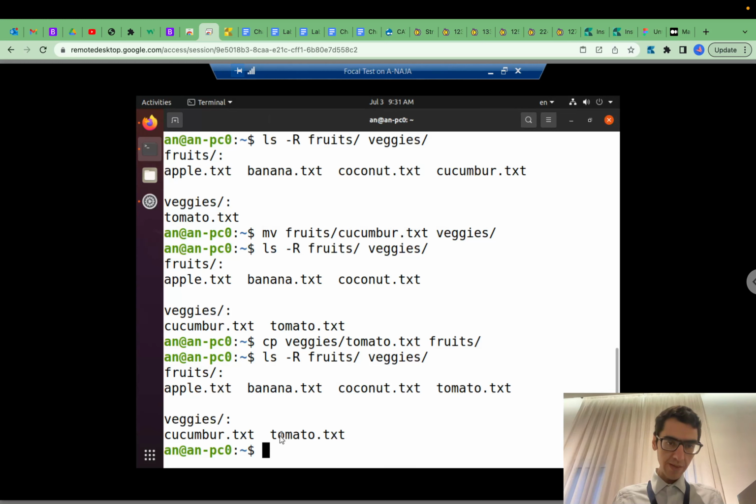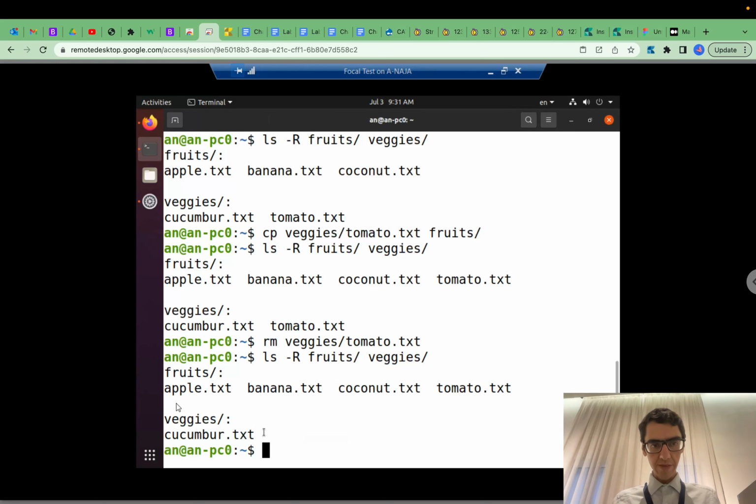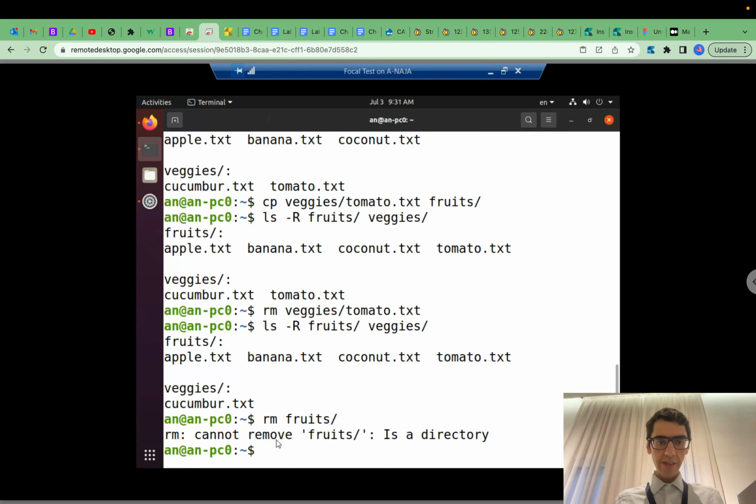Now since I have duplicates here, let me remove tomato from veggies actually. So we have now one command left, which is the remove command. In order to remove a file, I can just call rm and call the file by its name, veggie/tomato. Now if I recursively list again the content of the folders, I can see that the tomato disappeared from the veggies folder. But what if I try to remove the fruits folder? Now you can see it will throw an error